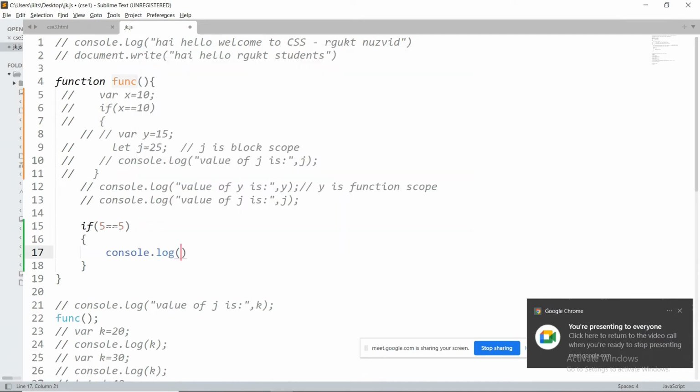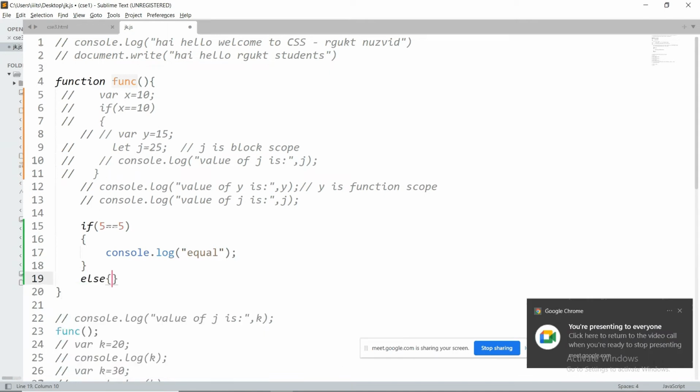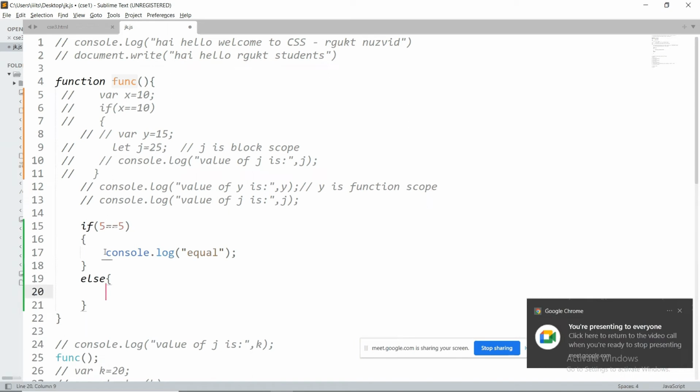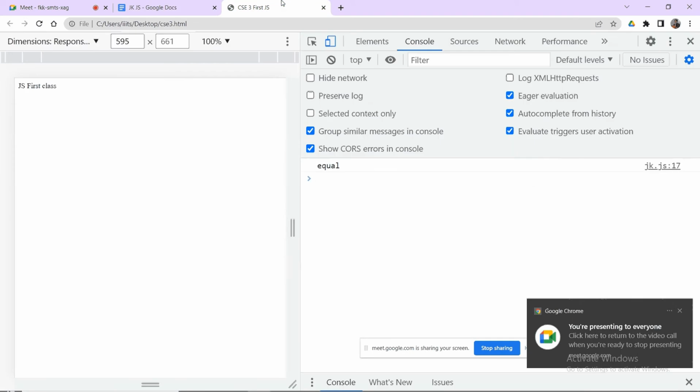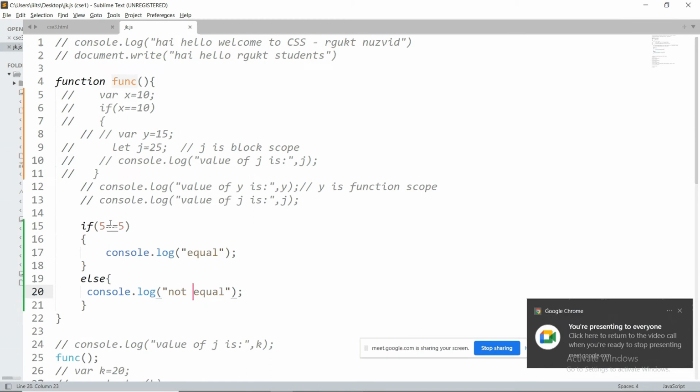Console dot log of equal. If I write an else case, console dot log of not equal. Now what is the answer you expect here, guys? Equal or not equal? Equal. So that is the advantage of the comparison operator, double equal.